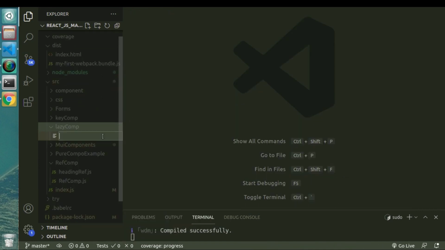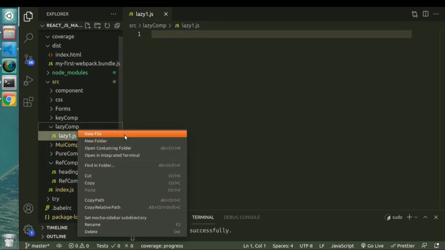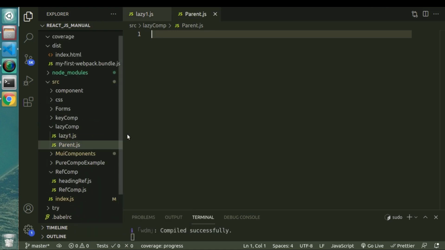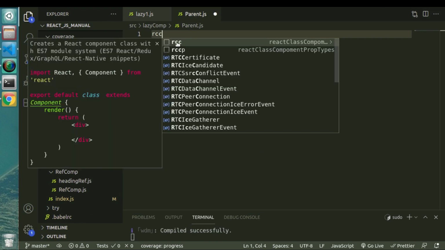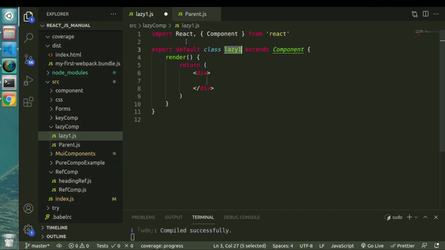Let's close all of the files. Okay, let me create one component inside of this, let's say lazy1.js, and let me create another component with the name parent.js. Okay, let's put a class component, same with the other component. So now we have these two components. Now we want to load component lazy1 into component parent. So let's import it